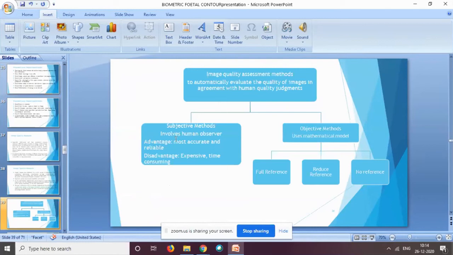In the objective approach, we make use of a mathematical model. In the mathematical model, we have the first category, full reference; then reduced reference, where I have only some parameters of the reference image, not the complete reference image; and no reference, where I don't have any reference image to compare with. The subjective approach is expensive and time consuming, so I have employed the objective method using the full reference parameters.